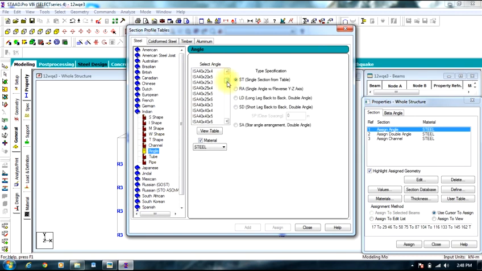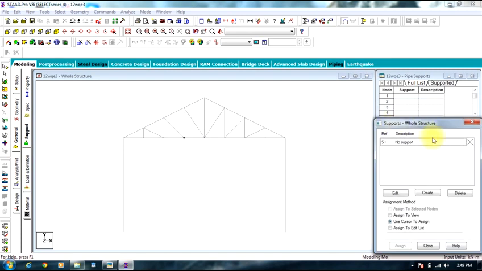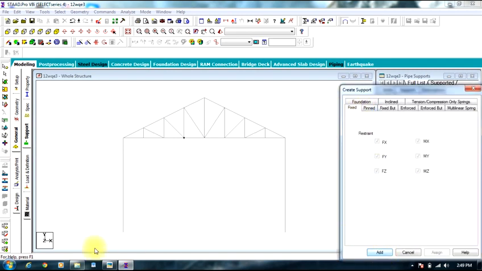Select angle, select 40 by 40 by 6, select add, or else you can define it later. We can go with supports, create fixed supports,